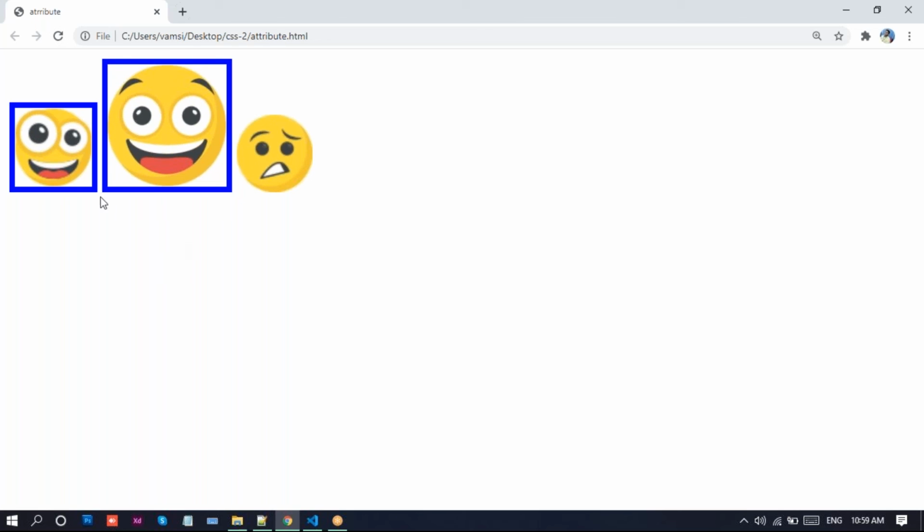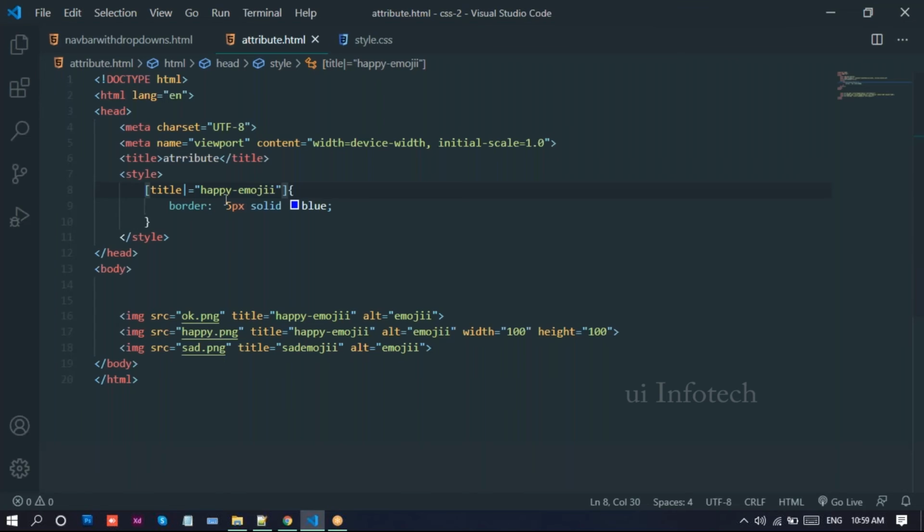What will happen? Emoji, the hyphen values it won't take. Yes, so it will start from the hyphen values and be selected. If you give this one here, it will select these two. For the hyphen, we can use this pipeline symbol.